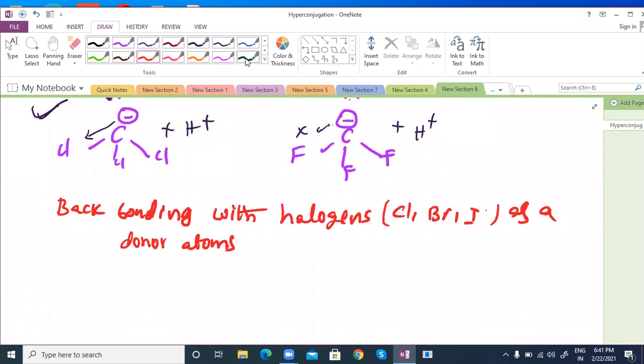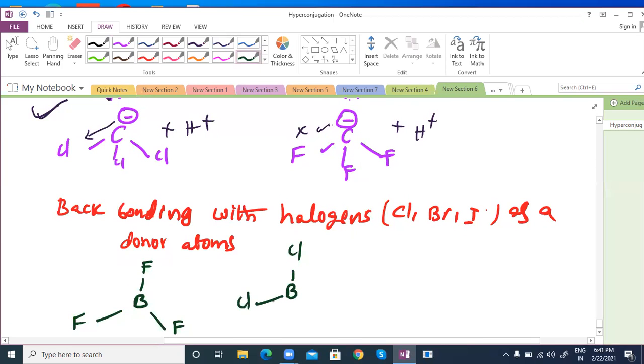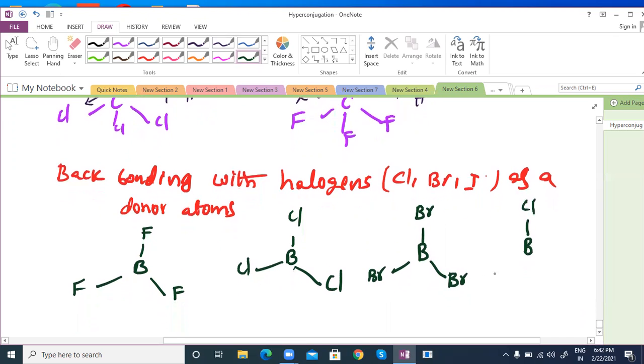Here the very important thing is that I think three compounds will be there, which I'm going to discuss. Boron fluorine and boron chlorine. Which is more Lewis acid? What does Lewis acid mean? Which has more Lewis acidic character? That is the question. Lewis acid means which one has more electron deficiency and can accept electrons. Lewis acid means lone pair acceptor and lone pair donor is base. I mentioned these things.